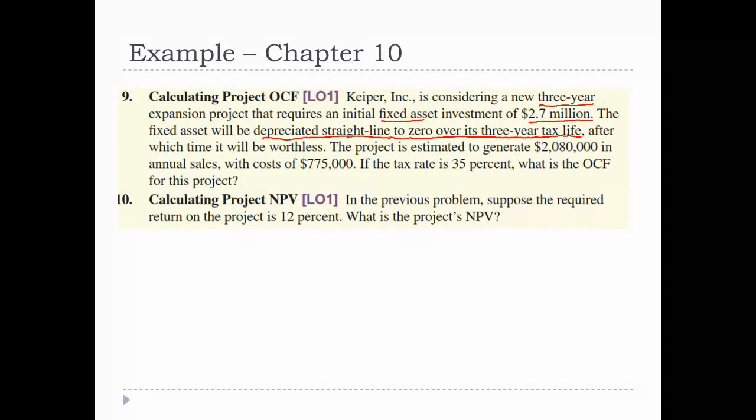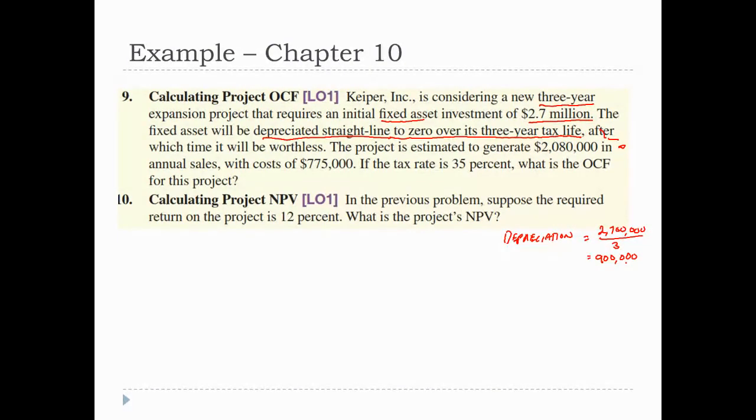Instead of thinking of this as an expense of $2.7 million today, we're going to think of it as an annual expense of $900,000 in each of the 3 years of the